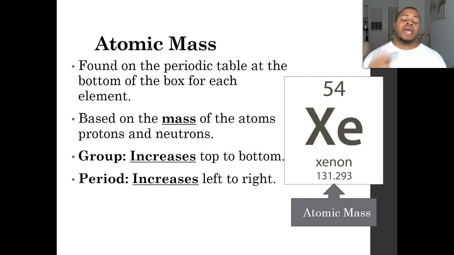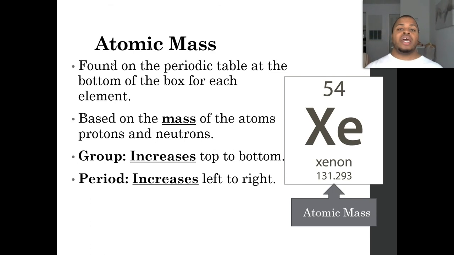Now, when we look at our periodic trends, we want to look at what happens within the group, vertically, and what happens in the period, horizontally. So, when we look at atomic mass, in the group it increases as it goes from top to bottom. And with the period, it increases as it goes left to right. Most times we'll look at it from top to bottom, left to right. This is going to make it easier for us to look at the properties and see what happens